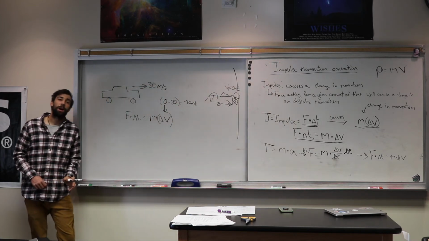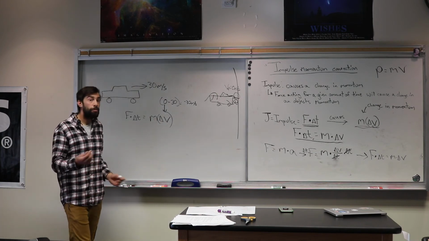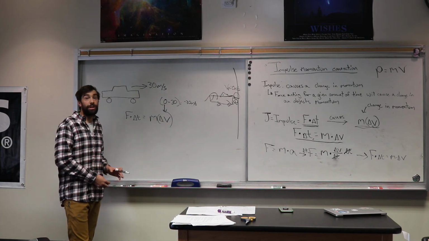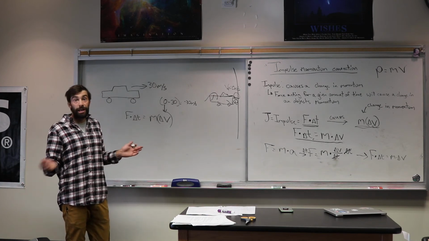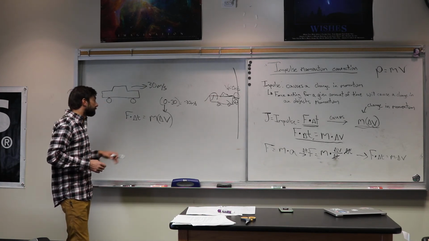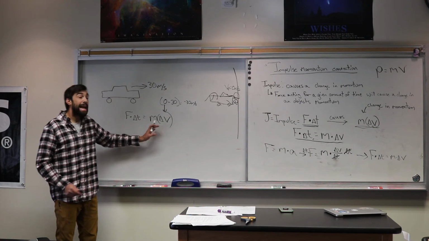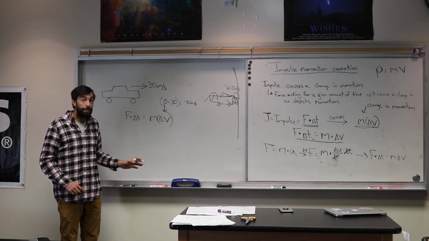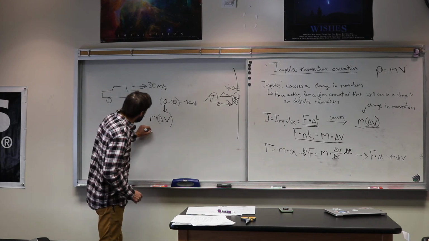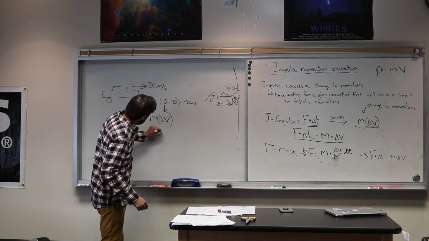The mass of this car is pretty much going to stay the same, right? The car isn't going to magically disappear half of it. It's going to be about the same. And this is what I want to illustrate. For the same change in momentum, if this side has to be minus 30,